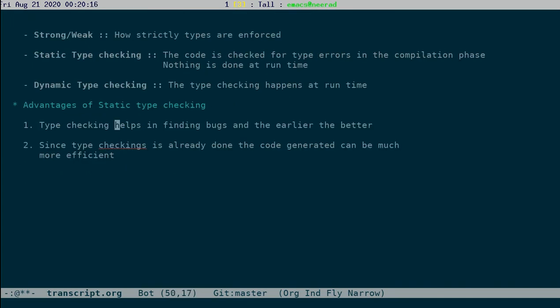Because think of a dynamically type checked language implementing the operator plus. When it sees plus of x and y, it has to make sure that x is of integer type and y is of integer type, and then add, and all this has to happen at runtime. So typically static type checking generates more efficient code.